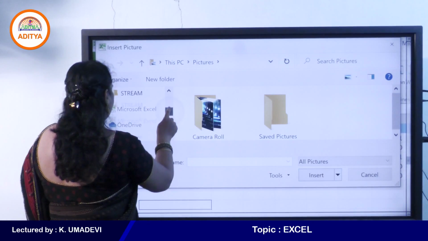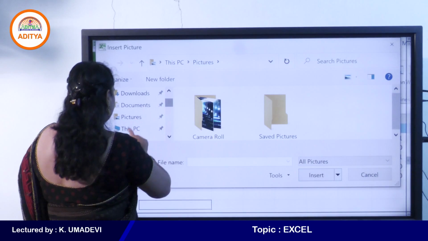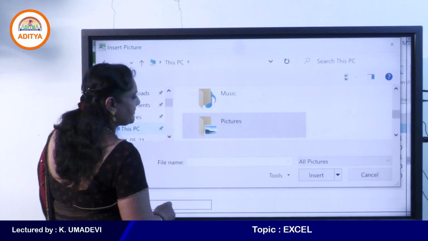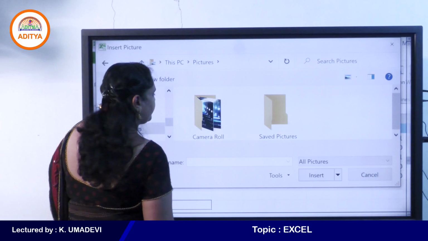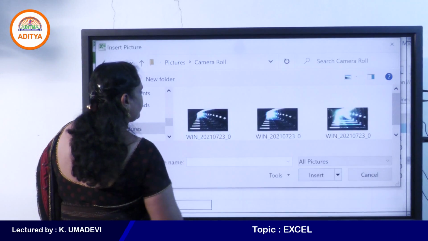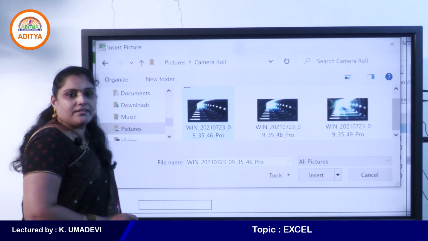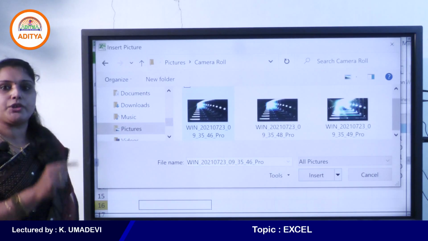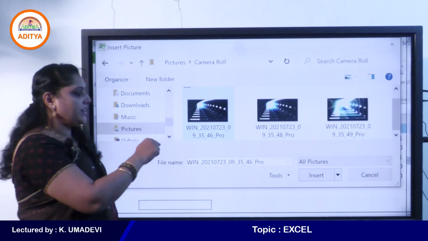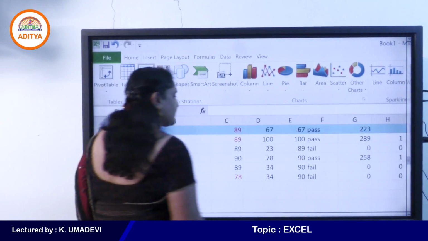I think the pictures are not available on my system. Okay, select the picture that you want to insert on your sheet and then click on insert.